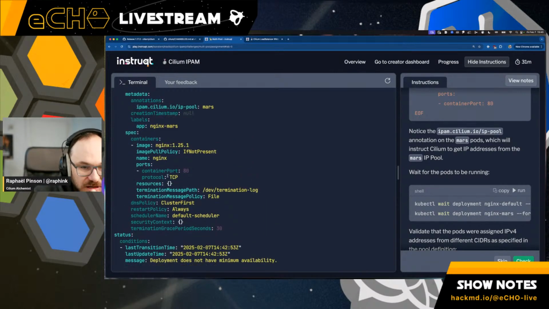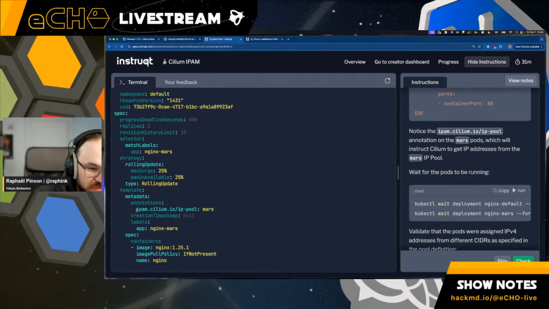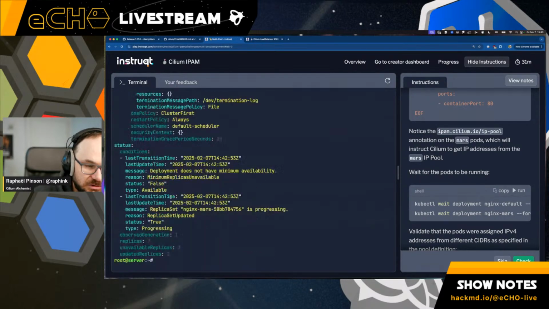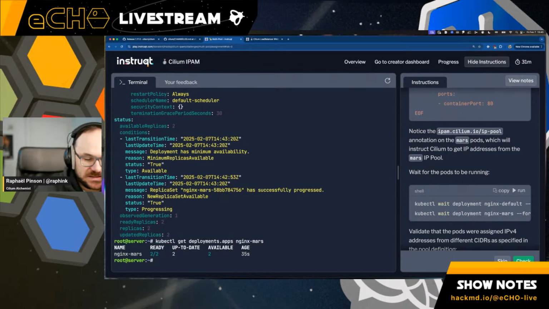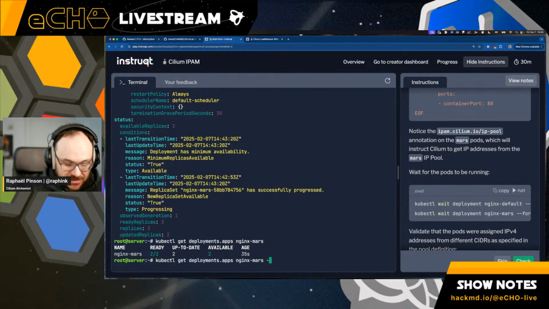What we have here is we can actually specify in the annotation for the pod which IP pool to use. So we can either let the nodes figure it out and choose the right one, or take from another IP pool if necessary, if you need more IPs. Or you can specify exactly which